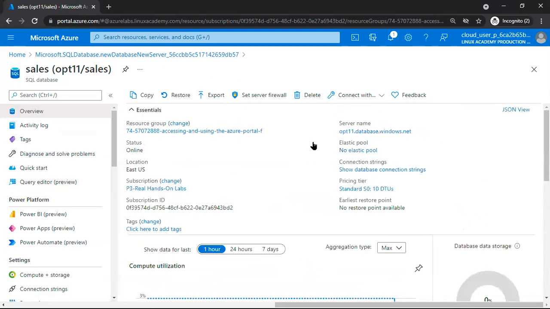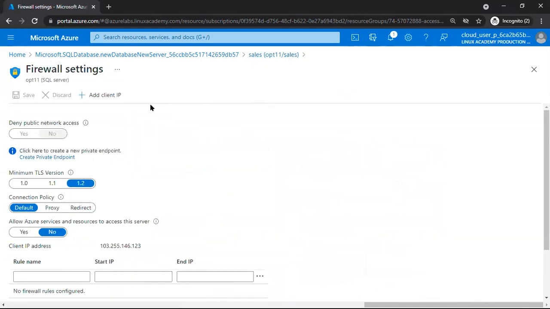Let's see, first I will set the firewall: set server firewall. This is my IP, actually my system's IP. I'm clicking add client IP, so my system's IP is added here with some name.